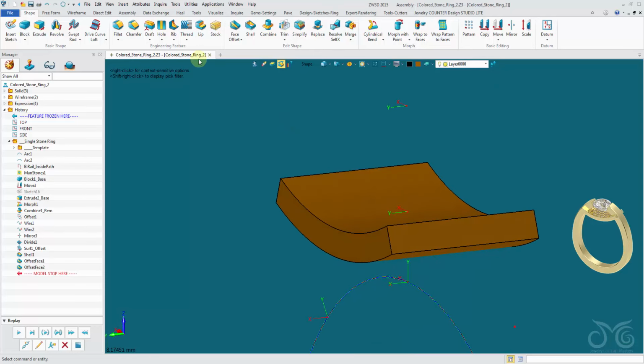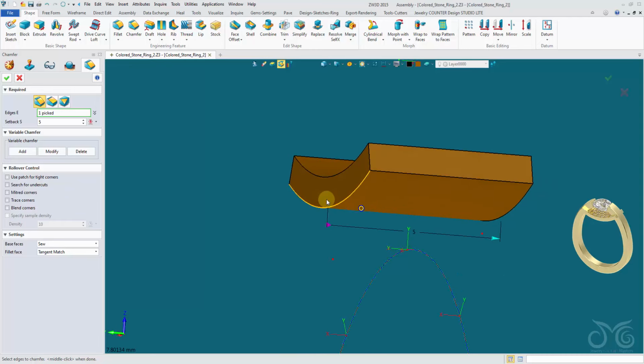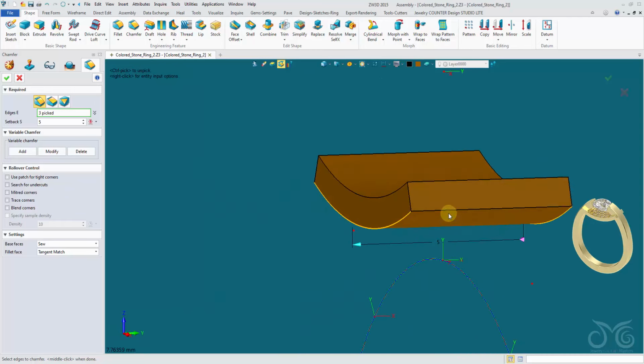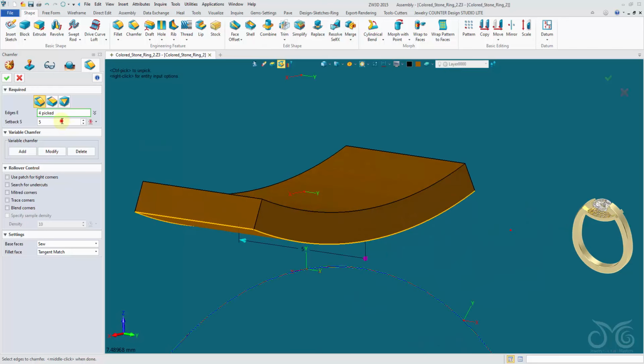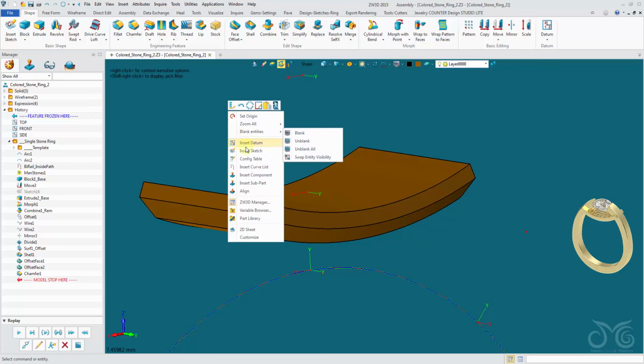Now we will add a chamfer. This chamfer is going to form the bright cut on our inlaid surface. Setback, our channel depth is 0.3. We can exceed the channel depth if we want to. Let's do that. Let's just put 0.4. Confirm. Let's unblank